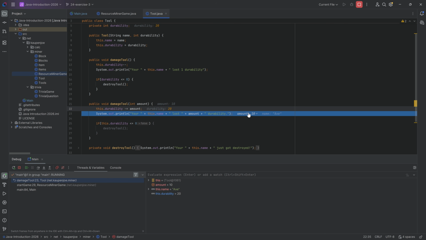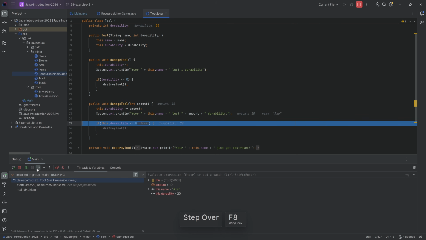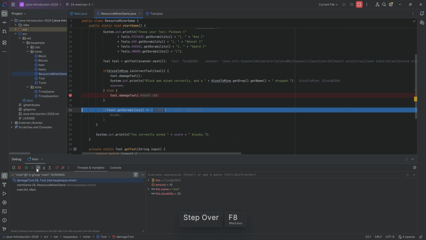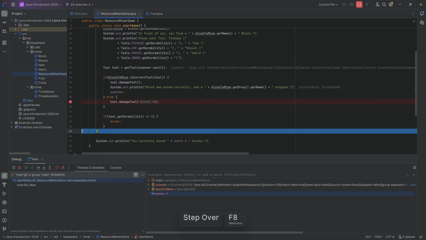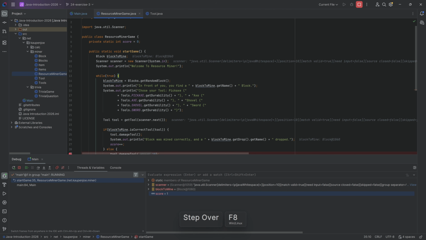Holy moly, what craziness is this? We can see that the amount over here remains 10. That's fair. And then this is not called because it already knows that this is false right here. You can even see it right here. So we can jump over this, jump over this. We're done with the method. We are now at the get durability, which once again is false. We're not breaking. Therefore, boom, we're at the end of the line, which means that we're done with the while